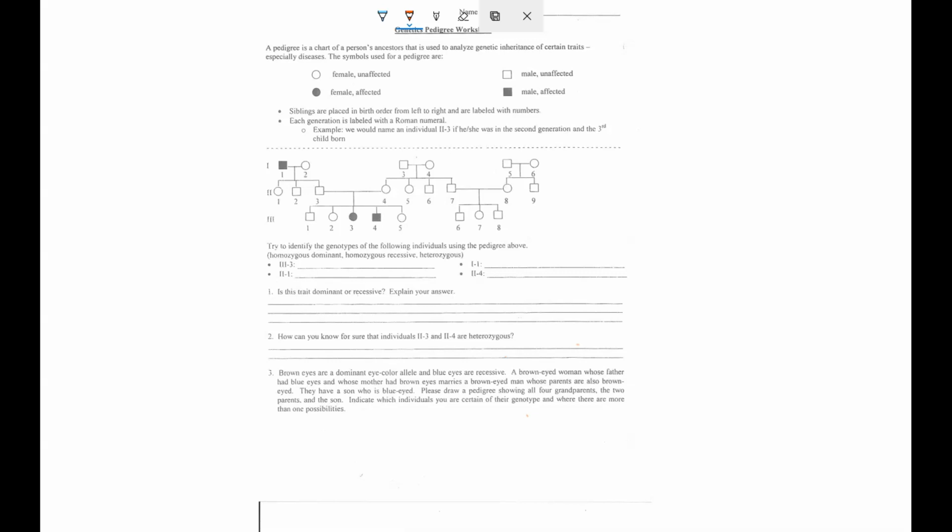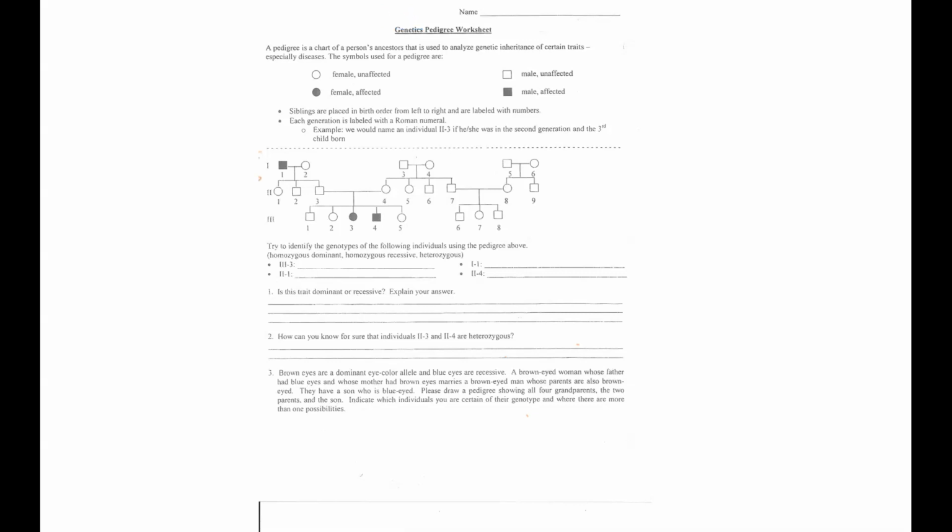Hi guys. So I wanted to go over the two genetics pedigree worksheets so that you have the correct answers to the questions. So again, there are many different types of pedigrees, and you have to look for clues about what type of pedigree it is by looking at the differences in the generations,